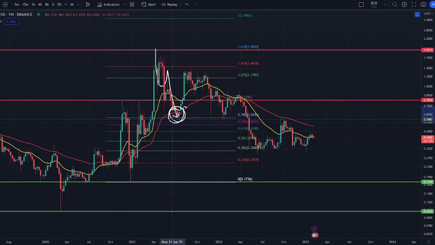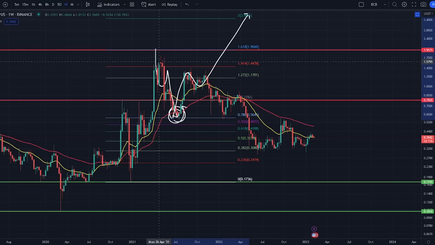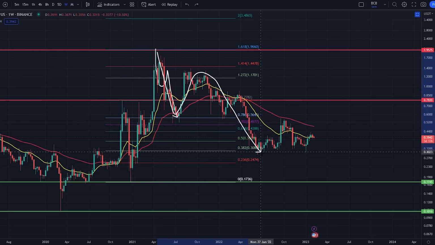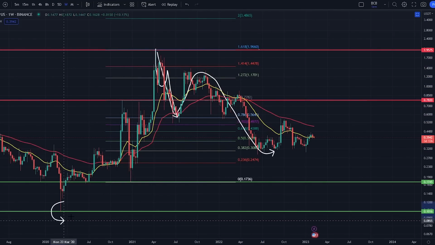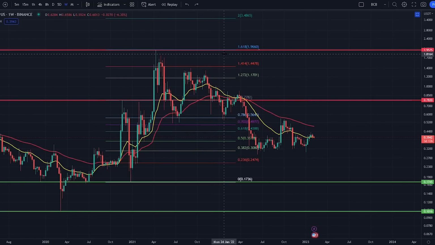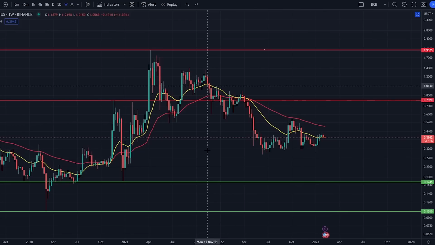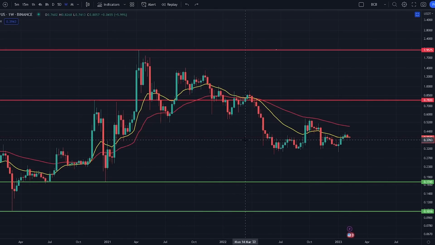I was looking for the support, and I was looking to continue, but I hold my hands up, I was completely wrong. At this point, what we've done is put in this massive ABC zigzag correction, retracing back to where we've broken out from. If we take a look at the Fibonacci retracement tool right now, at the minute we're retracing, but one thing we're doing right here, and I teach this every day on the channel,